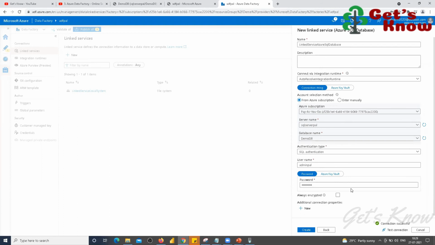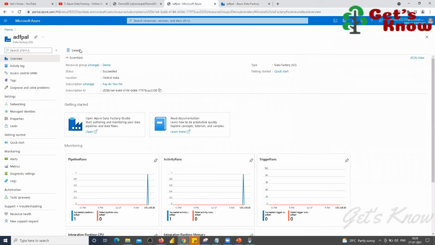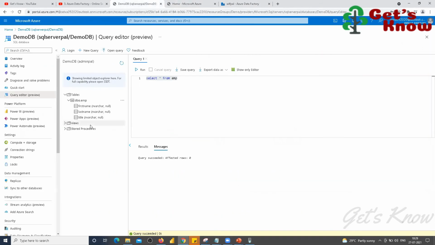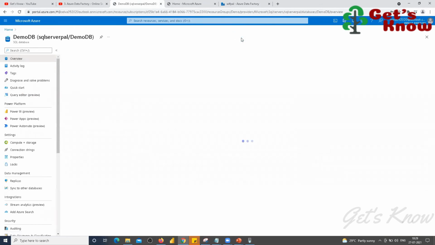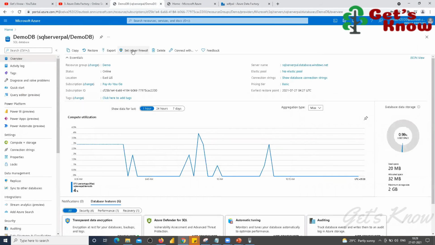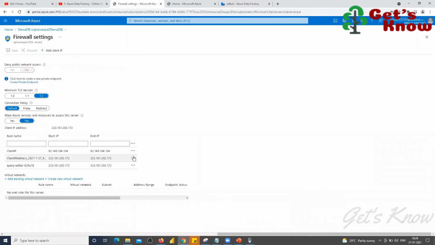Before creating this linked service, I'm coming to my database overview, the set firewall.